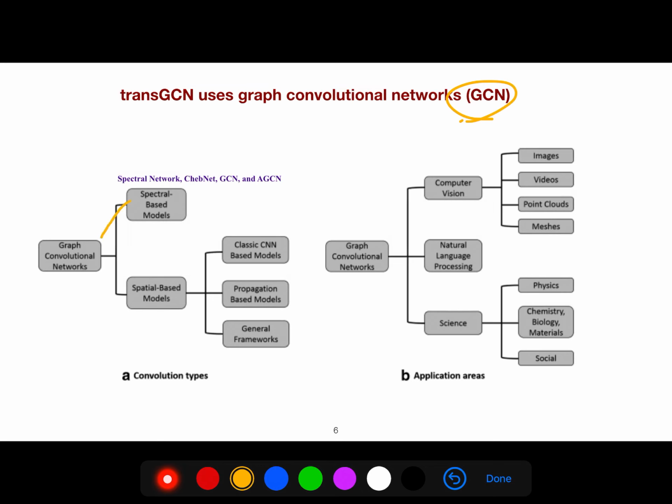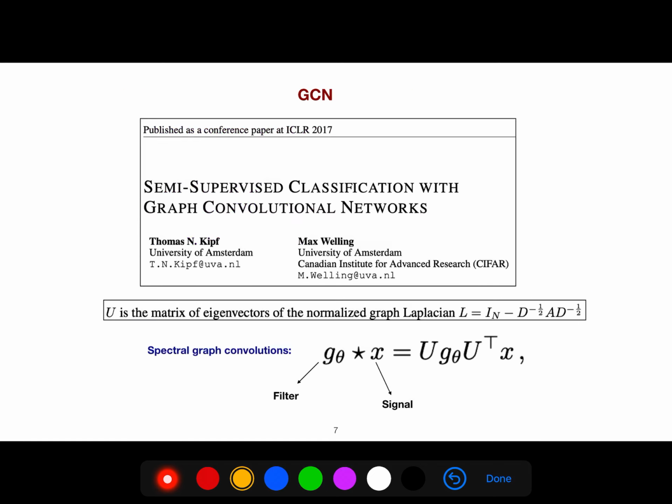So there are two major approaches to deal with that. One of them is the spectral-based method. The other one is the spatial-based method. And there are applications of GCN to computer vision, NLP, which is my favorite, and science, for example chemistry, and social networks and physics. So what is this graph convolutional network? In 2017,